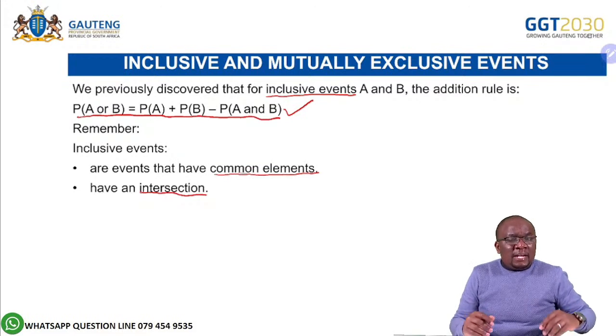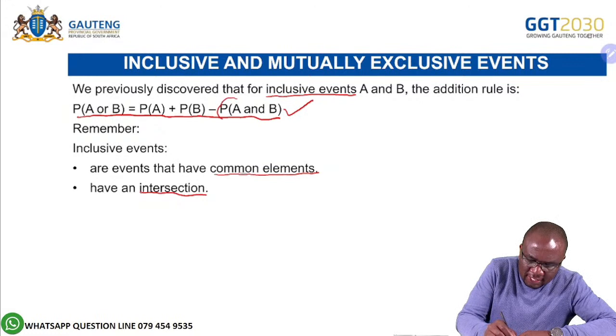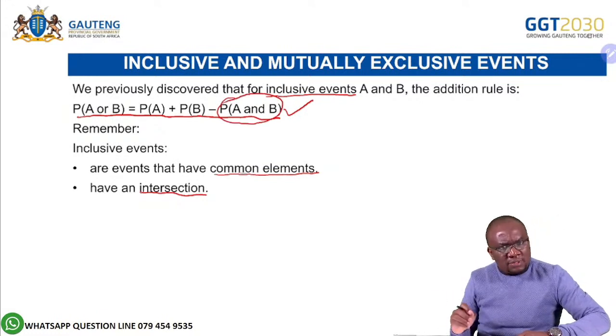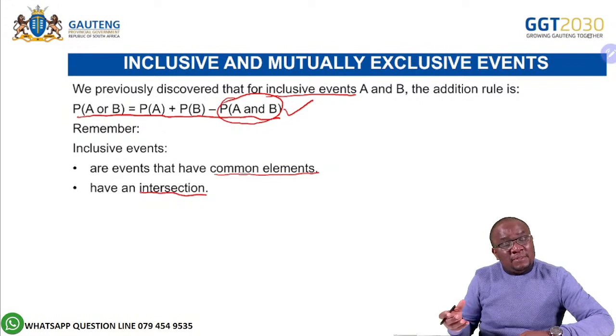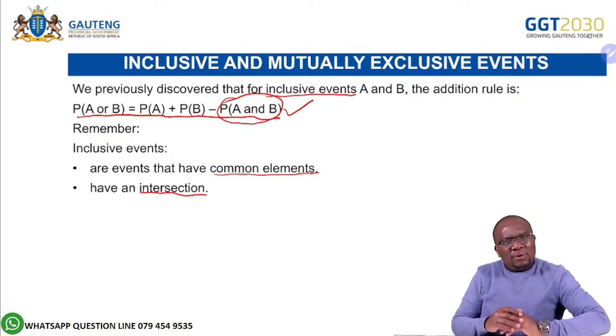Okay? Right. Now, so there is an intersection. The probability of A and B is actually not equal to 0. It is something else, maybe 0.5 or 0.3, something like that. Okay? Right. So there is an intersection. What will happen